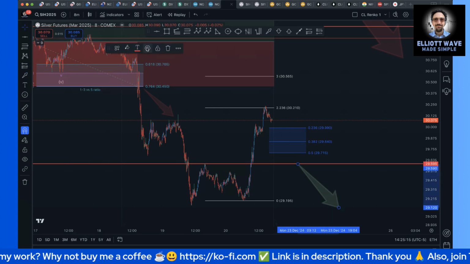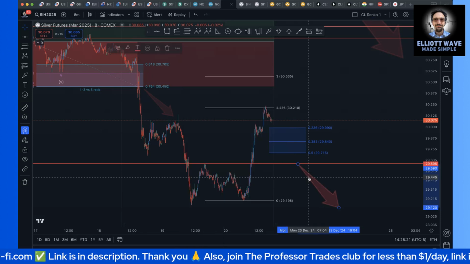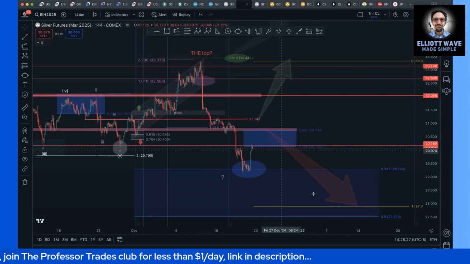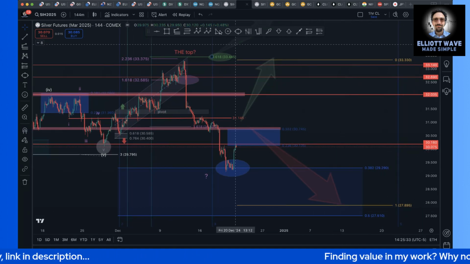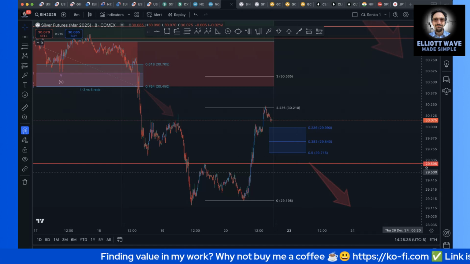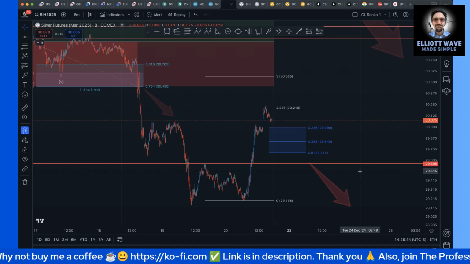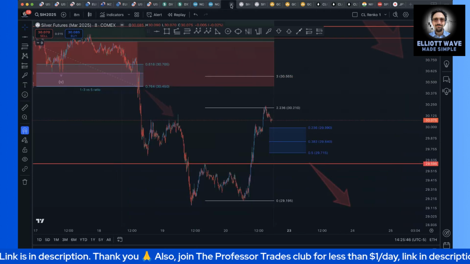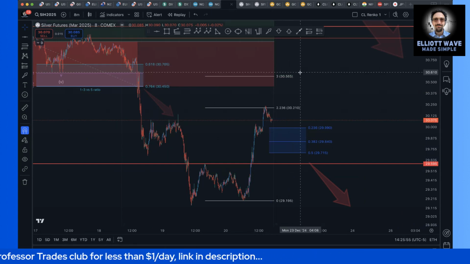29.59. Below 29.59 it is much more likely that you're going to get a deeper final move down here. What is that, $1.50 lower, to 27.90. So if you make it below 29.60, it's possible to see it go down all the way to 27.90. Okay. If this holds somewhere in this blue box and you get one more shove up for a 5th wave,